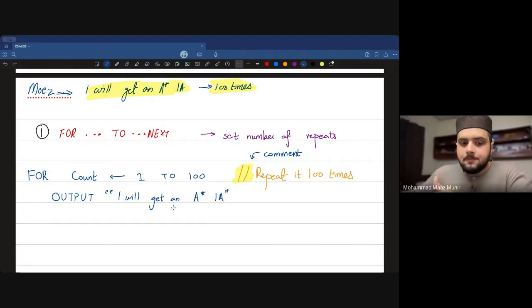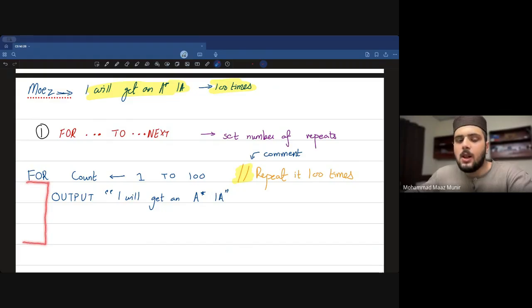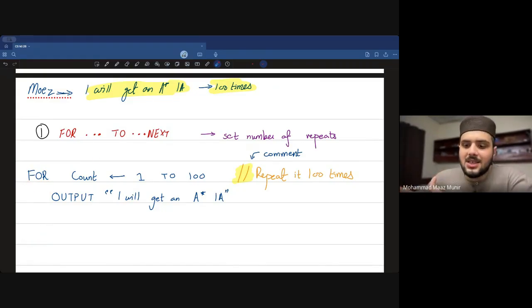Now, this statement is just saying that till this variable count does not have the value of 100 in it, till it goes from 1, 2, 3, 4, 5, on and on till it reaches 100, every time you need to execute everything that is within this gap. Now it can have multiple other commands too, but because our scenario in this case is just for the purpose of creating a program that repeats this statement,